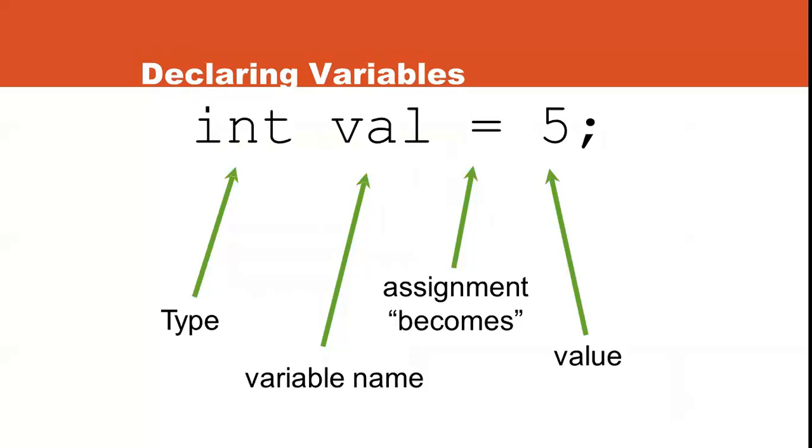Next we shall see how to declare the variables. As I mentioned in the last class, the entire Arduino programming is similar to C programming, or in the other way if you want to put it, the entire C programming is embedded with the Arduino commands. So we can also say it that way. Declaring variables: just like in C, we have to declare the variable type followed by the variable name, then the assignment operator followed by the value.